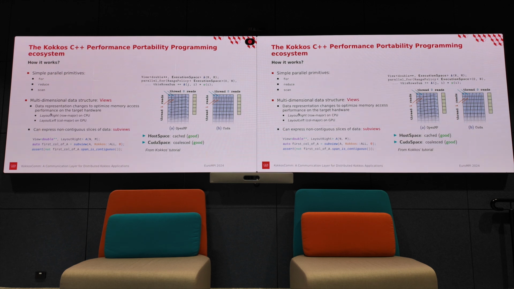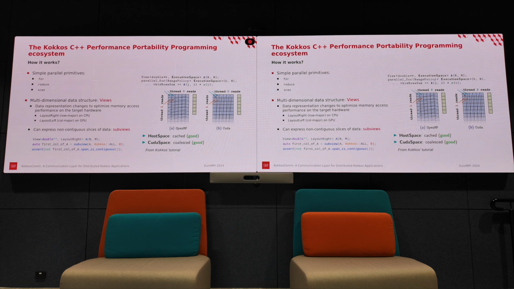So how does Kokkos work? It's relatively simple. It relies on simple parallel primitives like parallel for, parallel reduce, and parallel scan. It works mostly on multidimensional data structures, that in Kokkos we call a view. The views can be layout right or layout left. Here we can see what it is. If we have a layout right view, it's a row major view. The values that will be sequential in memory will be by row, and if it's a layout left,